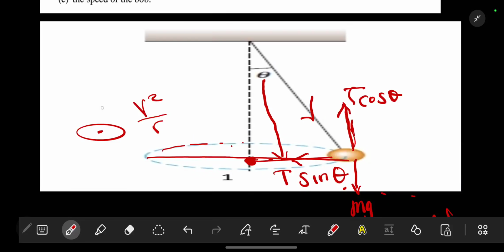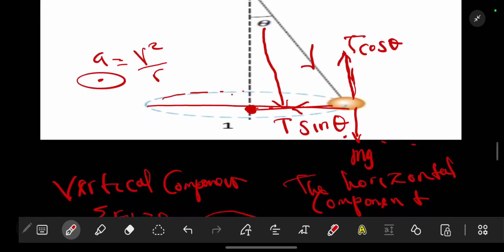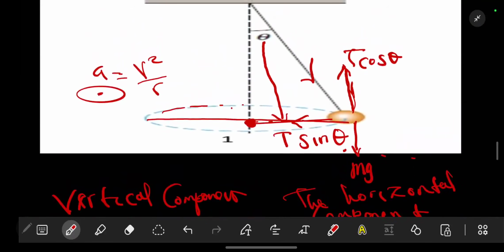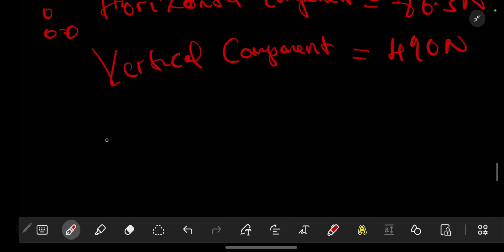This is one way. But what if we just substitute? Remember, the one that is causing the centripetal acceleration is the T sine of theta. So we can say T sine of theta